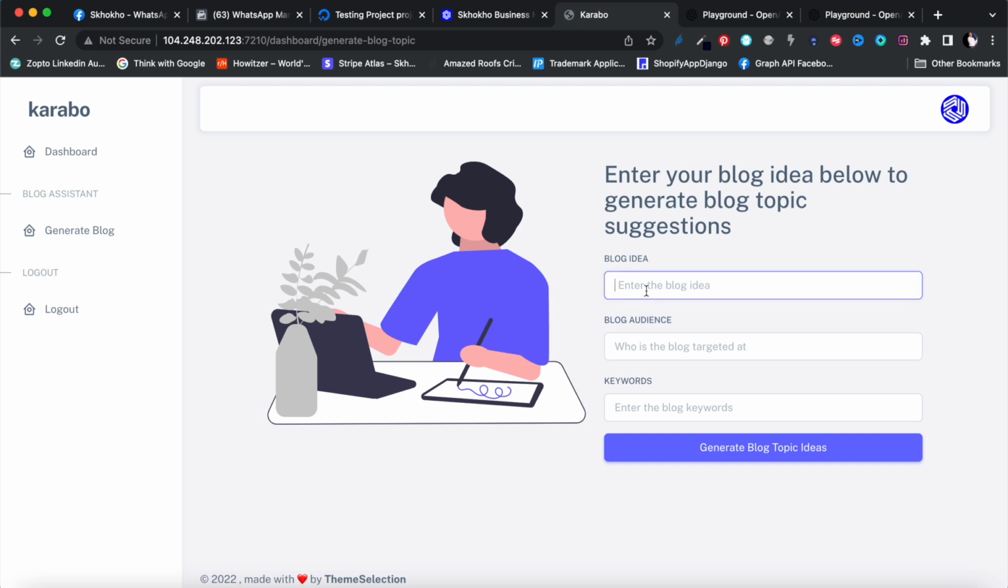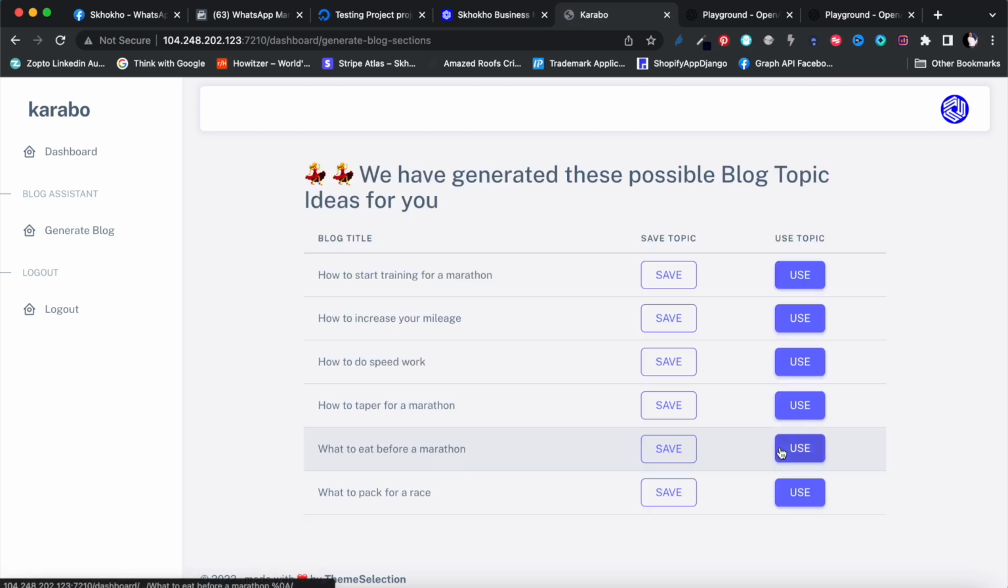Let's say preparing for a marathon, for beginners. The keywords are running, marathon, training, fitness. Generate the topics. Okay, how to start training, how to do speed work, taper for a marathon, what to eat. So let's say